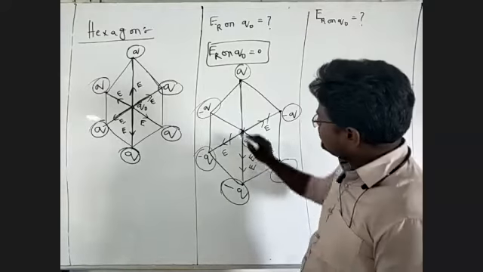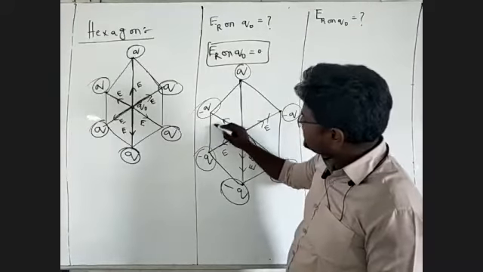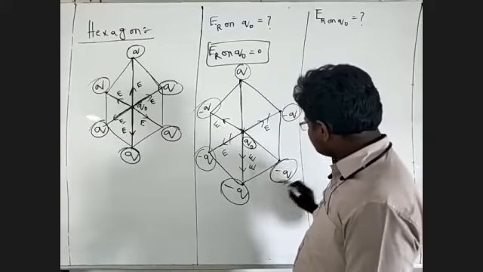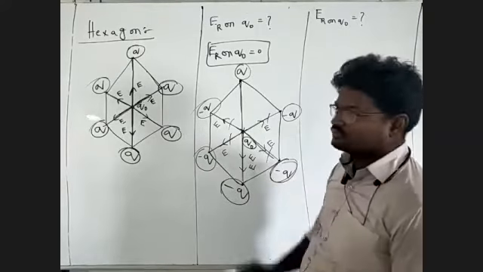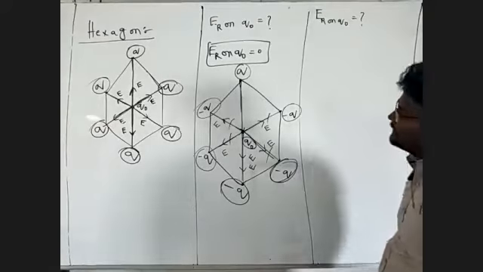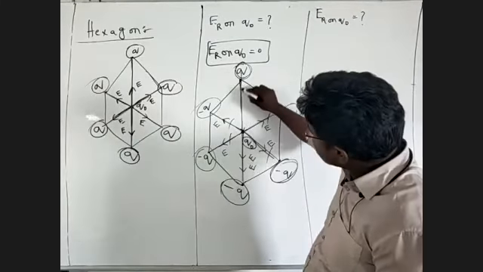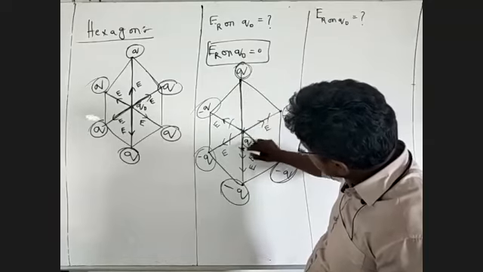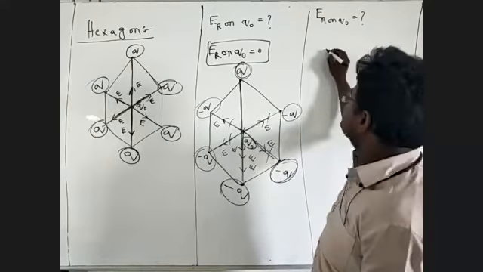Now this is a minus Q, and this is a minus Q. This minus Q will attract this positive charge in this direction, and this minus Q attracts in this direction, so this is E. Both are in opposite directions and cancel. This is a plus Q. This positive charge will repel this charge in the downward direction. These E, E are in the same direction.